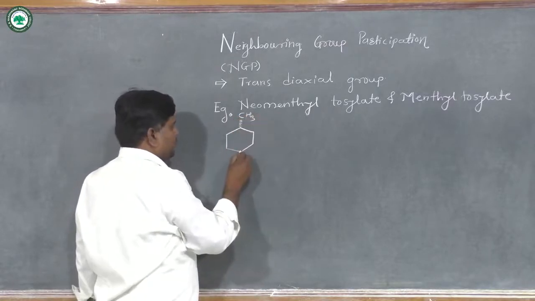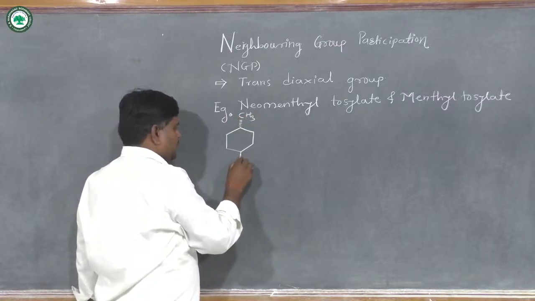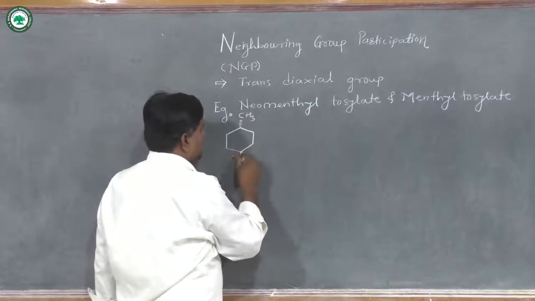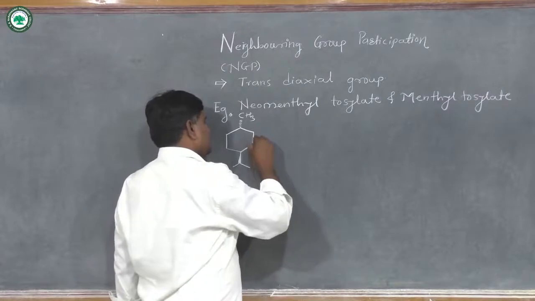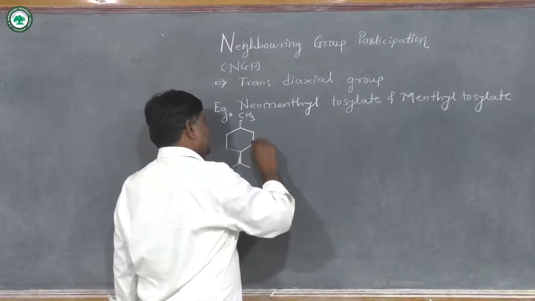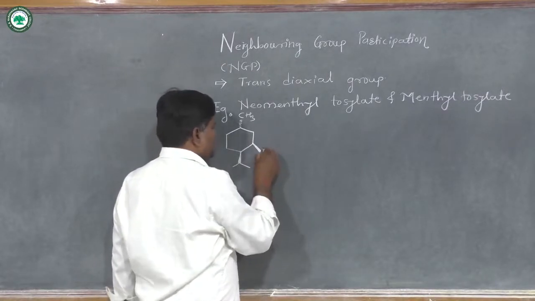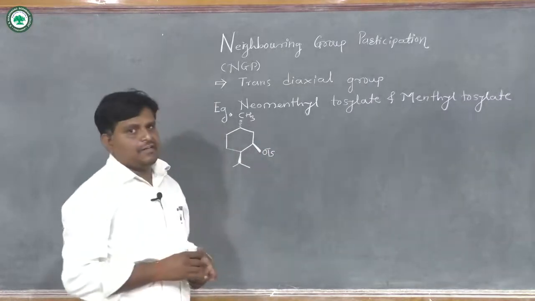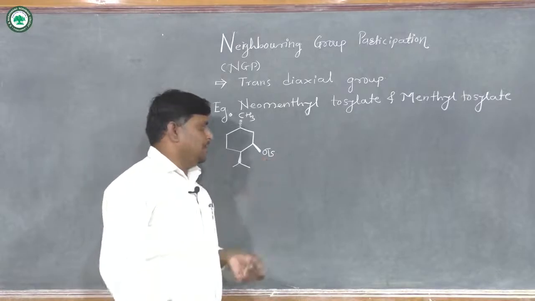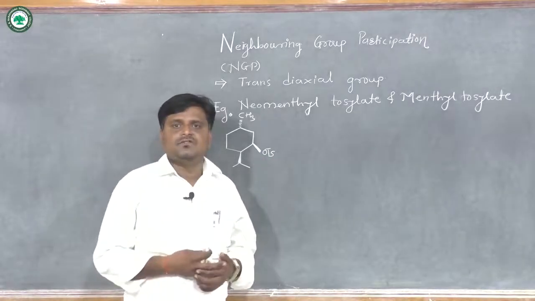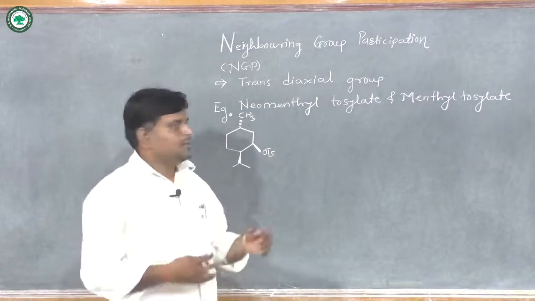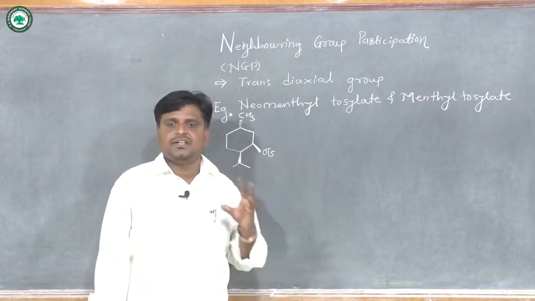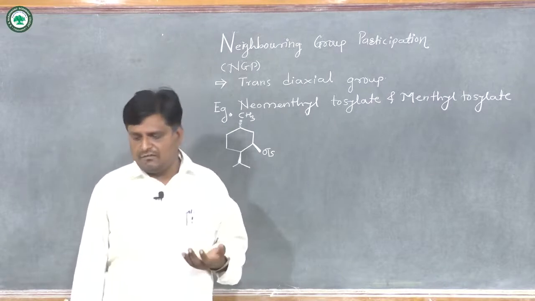Suppose this is the methyl group, this is isopropyl, and this is the tosyl group, OTS. We can represent the tosyl group by OTS, and that OTS is one of the bulkier substituents in this case. So that planar structure we want to convert into the chair